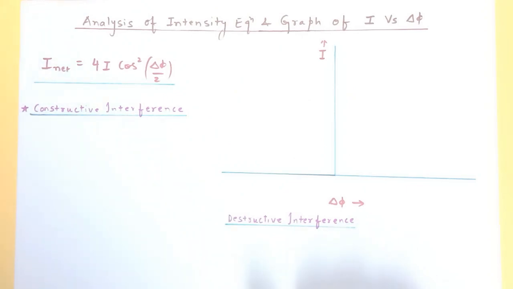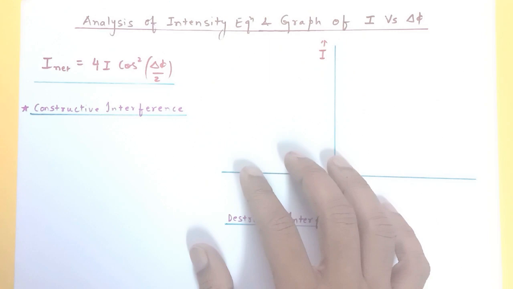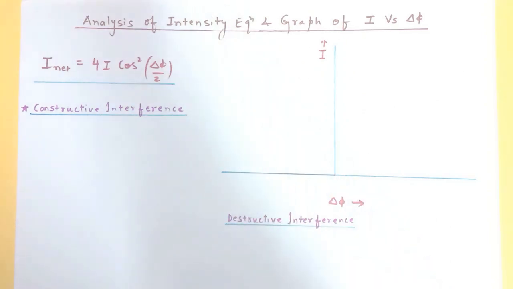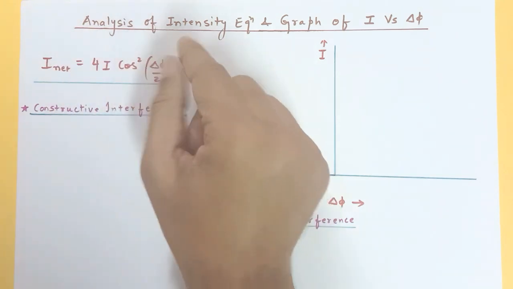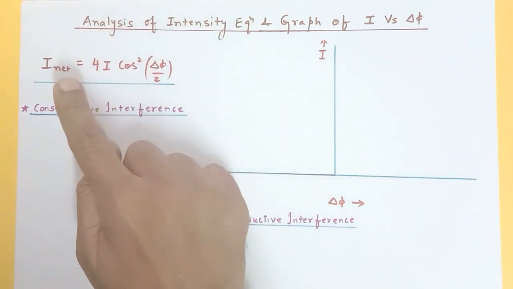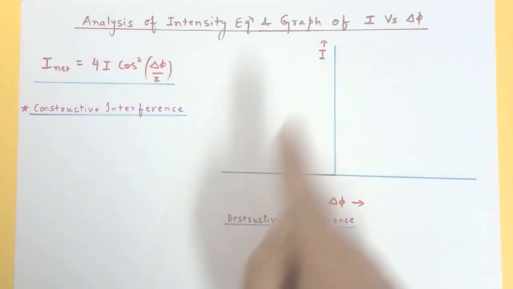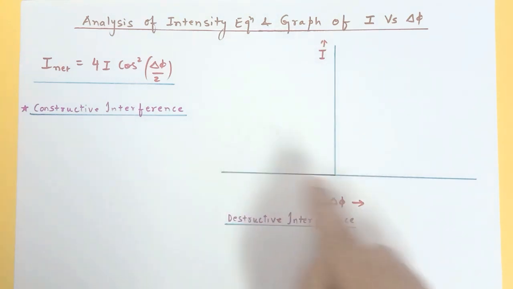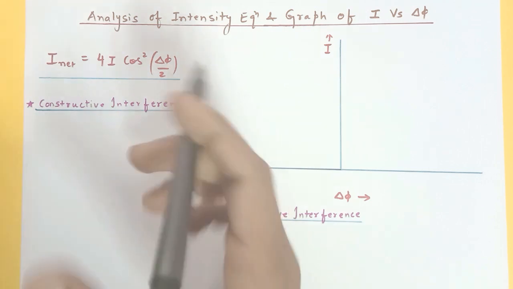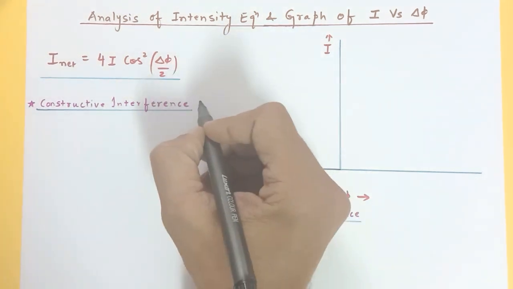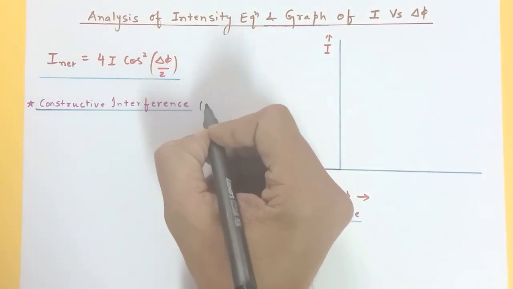Hello scientific people. So let's talk about the intensity equation and graph of I versus delta phi. So we are doing a deep analysis on the intensity equation which we have already derived, and we are also going to plot the graph of intensity versus phase difference, right? Okay, now for constructive interference, which means I am talking about the bright fringes,